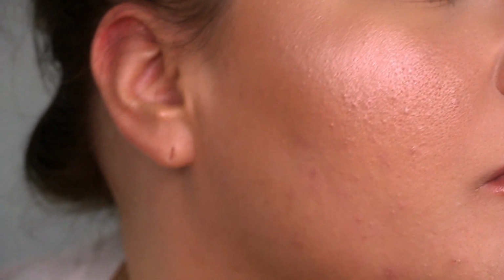But all right, you guys, this is the finished look. I actually really enjoy how everything came together. It looks very nice and light and natural. And what I'm going to do right now, let's go ahead and throw up the up close for how everything is looking currently in these studio lights, because I want you guys to really see how beautiful this is looking